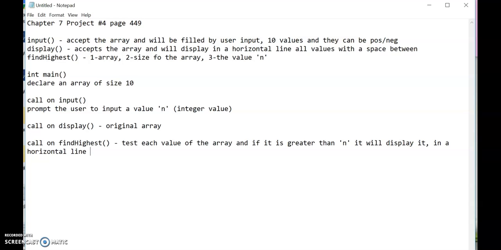Okay, you should include a prompt more or less stating "values greater than n are," and then have a list of those